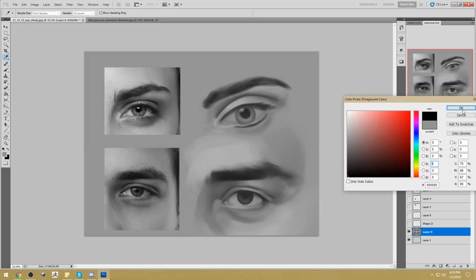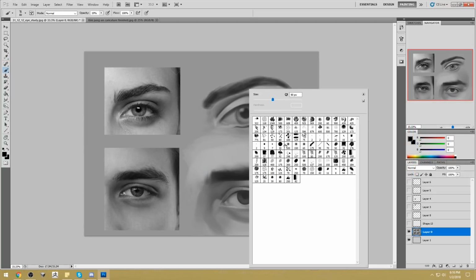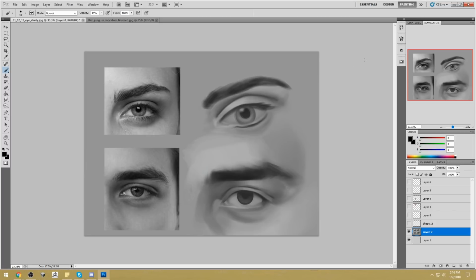Okay, I'm going to use my blackest black now. And that is going to be for the purpose of dark spots. See that? I just clicked those in to set up where my darkest dark is going to be. It has to be perfectly centered. It's a little tricky each time, but